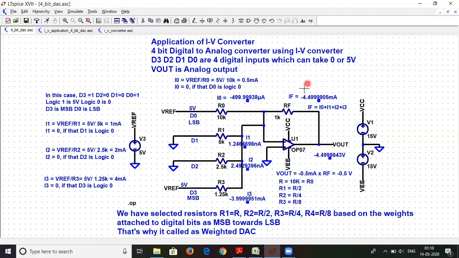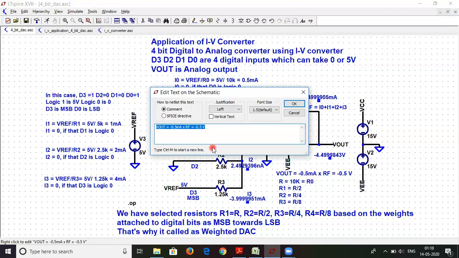So the total input current is around minus 4.5 milliamperes over here. That is multiplied by this resistor. This number will change over here, and this will be the total current. So the total current will be IF times this number.